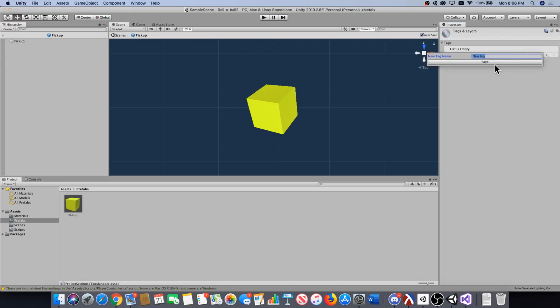and now we can just type the name of the tag, so pickup, and it's important that you write it correctly. So remember, pickup with a space between, and P and U are both capitalized. If there's a typo, our code's not going to be able to recognize that, and we'll get an error. Once you've done that, click Save,